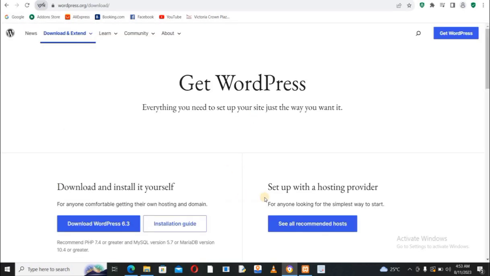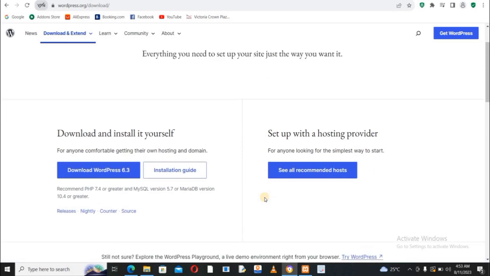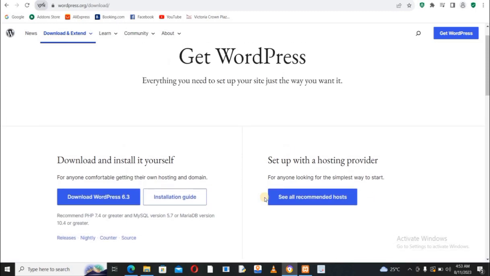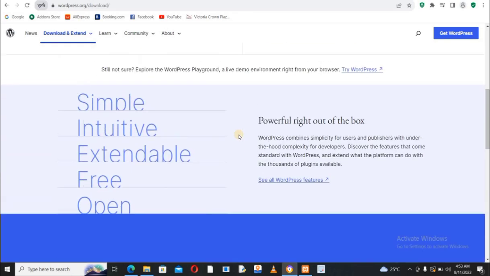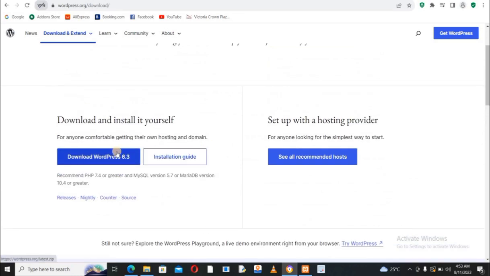So the next thing that will happen is it will take you to this page that says Get WordPress, everything you need to set up your site just the way you want it. So you just hit on this one here. WordPress currently has version 6.3, so the guys are really building this thing, and WordPress is really improving. So that's for that. After you've downloaded it, when you finish downloading it,